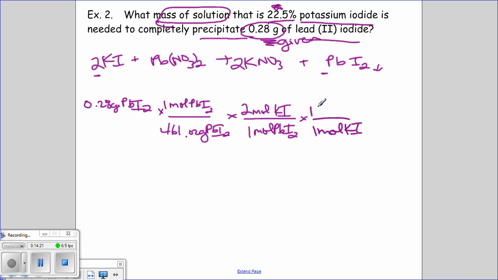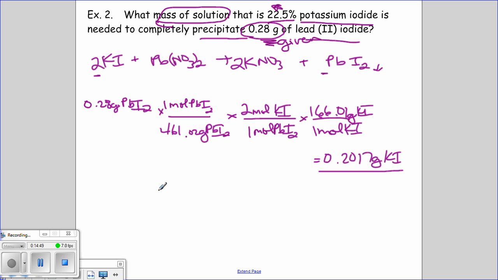All right, so 1 mole of potassium iodide, its molar mass is 166.01 grams of potassium iodide. And I'm going to stop here and get my calculation of grams to be 0.2017. I carry this out a little bit because I don't want to have any rounding error of KI. Okay, this is not the solution. This is simply grams of potassium iodide. So now I need to figure out, of that solution, that's 22.5%, how much of that do I need